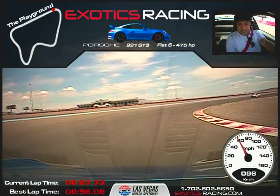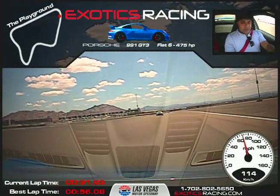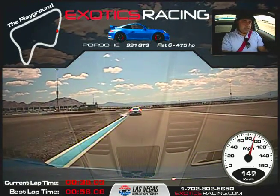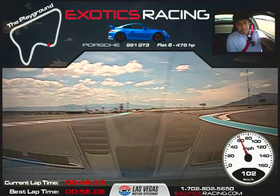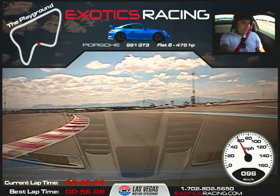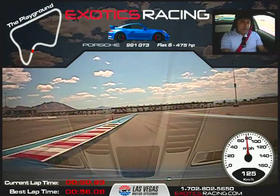This car is amazing. Keep it tight, looking where you want to go, unwind the wheel, we'll get right behind the wifey here, keep going, all the way to the orange, and brakes, stay on the brakes, look to your right, turn now, release your brakes. At the green, accelerating, bring it back to the right, up and over the hill, softly on the brakes, turn it in, bring it to the top of the green, now squeeze on full throttle, keep left,